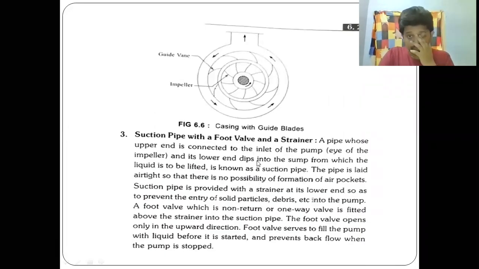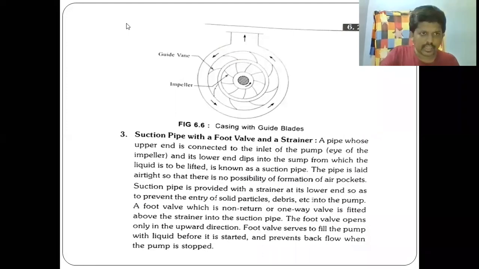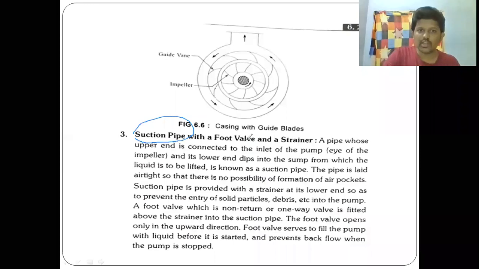The third part, where we are seeing the components of a centrifugal pump, is the suction pipe and the foot valve. The first one is the impeller, which we have done. The second one is the casing, for which I explained the three types of casing. And the third one is the suction pipe and the foot valve. I think from the schematic diagram it is clear what a suction pipe and a foot valve are. The suction pipe sucks the water from the sump and brings it to the impeller. The foot valve only allows water to flow in one direction. There is no other way down. You have only one direction, upwards.